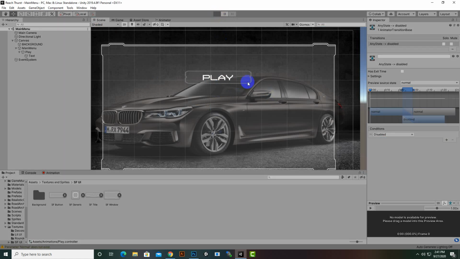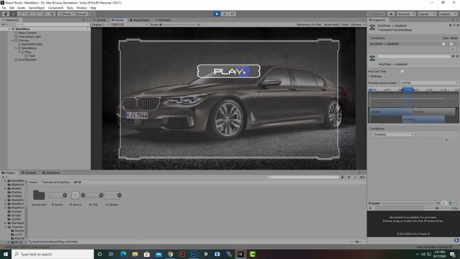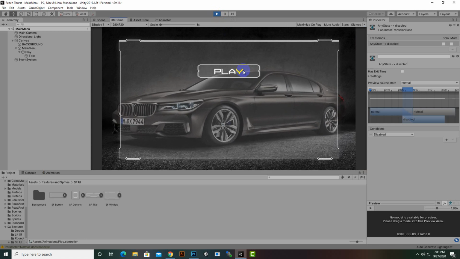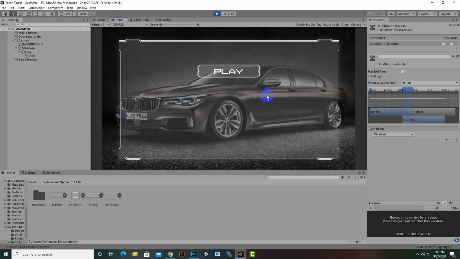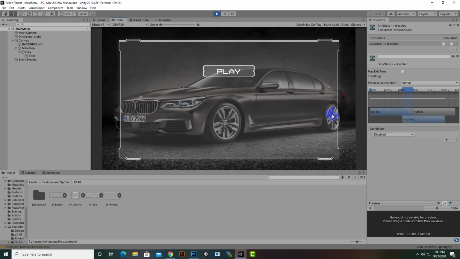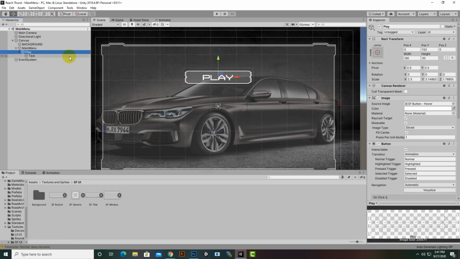If we play the game now, you will see that our button will have animation. So if we hover, you can see this type of animation. If we click, you can see this animation. Okay, so that's nice. If we click outside, it will go to normal state. So if you move here, you can see the animation. That's nice. We want to duplicate this button now, so duplicate, duplicate, duplicate, and we will arrange these,